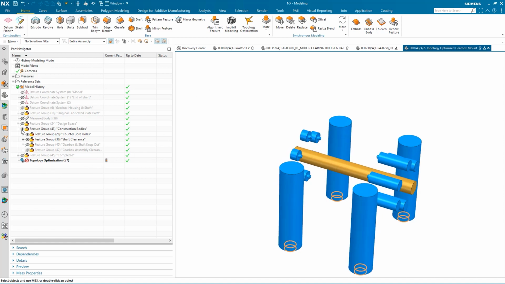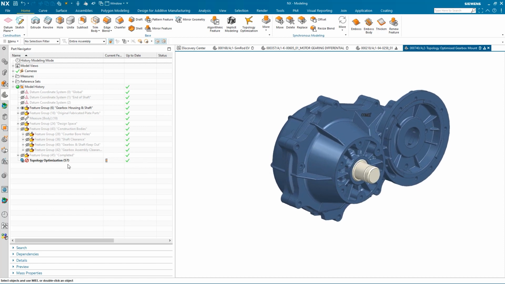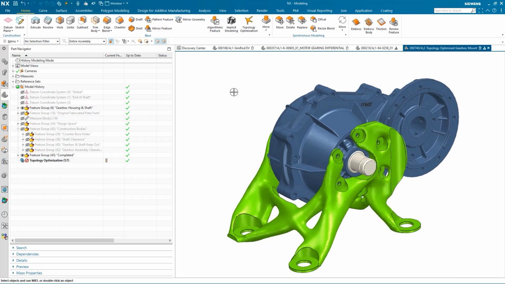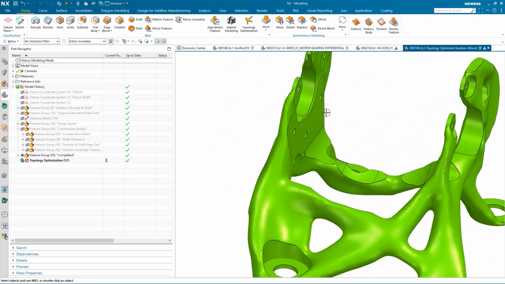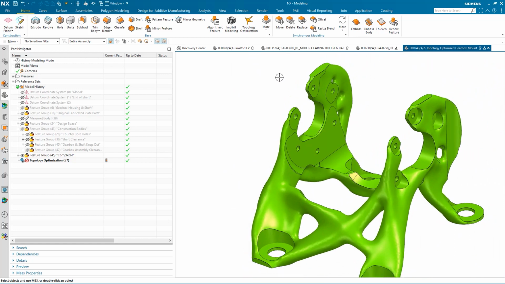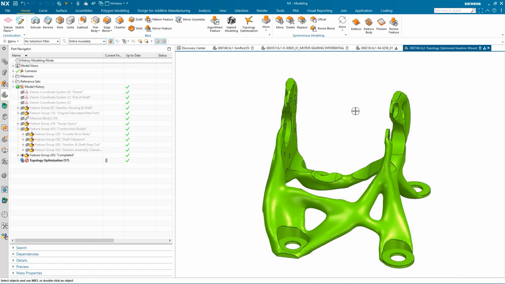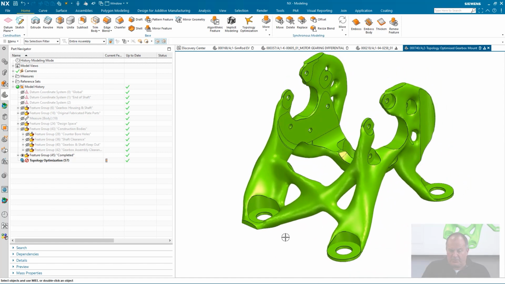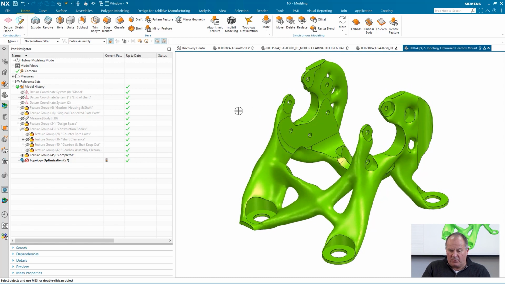So let's remove the construction bodies. Let's bring back the gearbox housing and the shaft, and bring back the one that I've already completed. And there you can see it. So again, I've got that clearance that I've set, so I could bring the gearbox in. I've got all those key part areas as you noticed, so there's no geometry inside of here. And I've got the construction bodies that I used for the base mounting holes and the gearbox holes included in there.